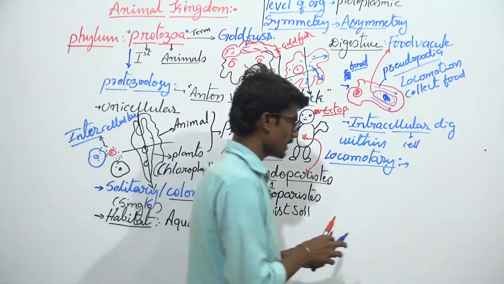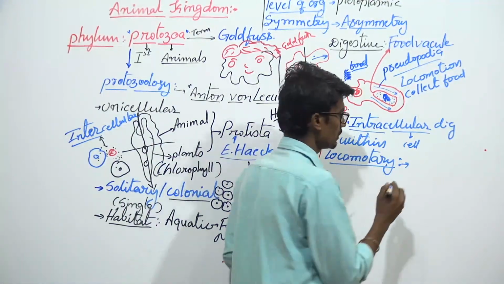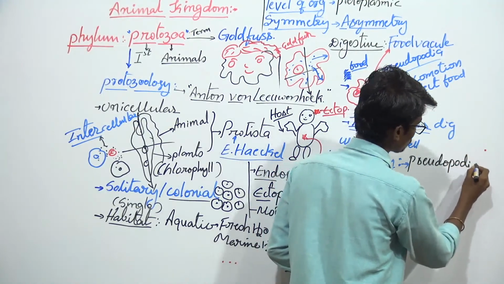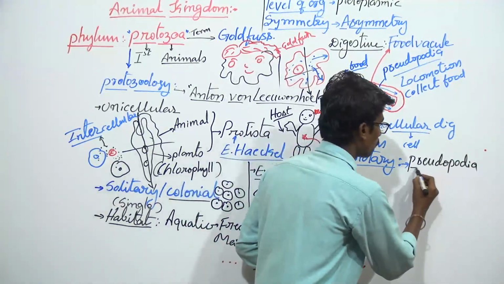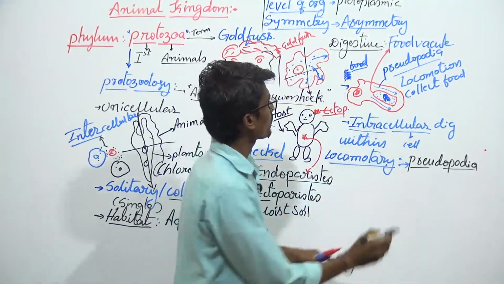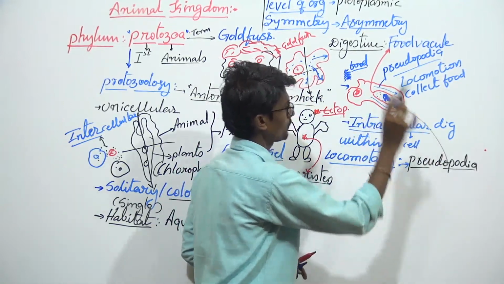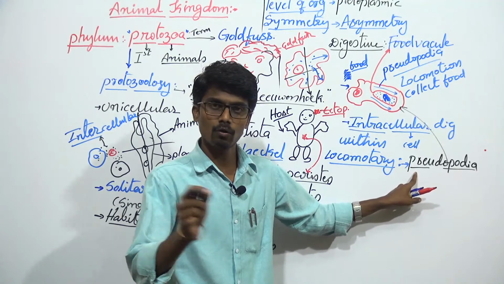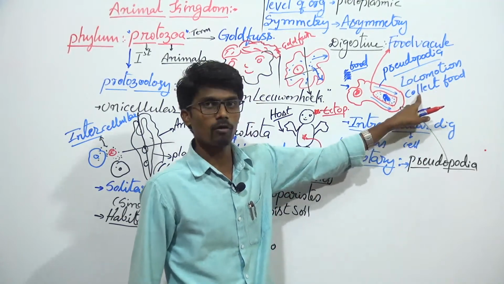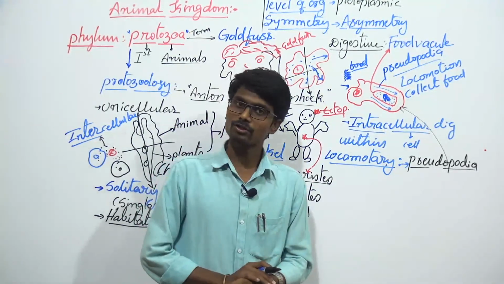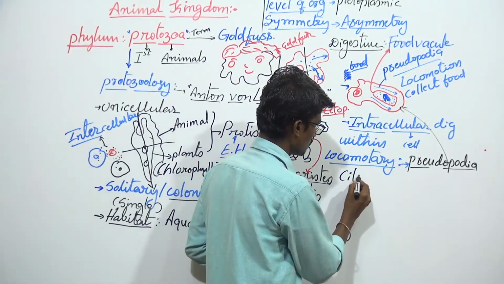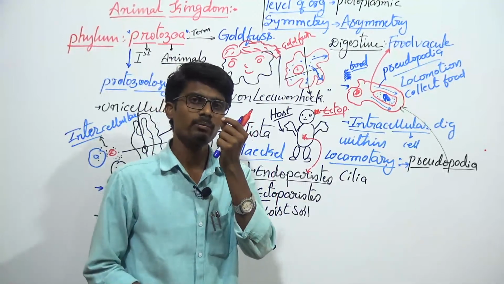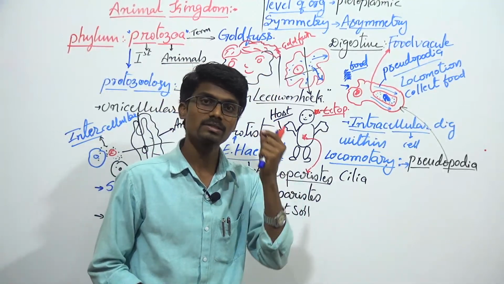What structures are present in amoeba, in case of protozoa? That is pseudopodia. What is pseudopodia? These are false legs. These are mainly found in amoeba. These are the false legs. They are involved in locomotion as well as collection of food. And another locomotor structure is cilia. These are very minute hair-like structures which are present in some of the protozoans